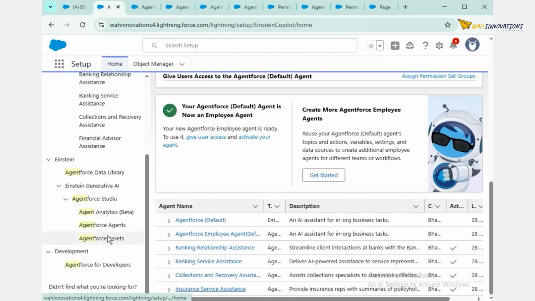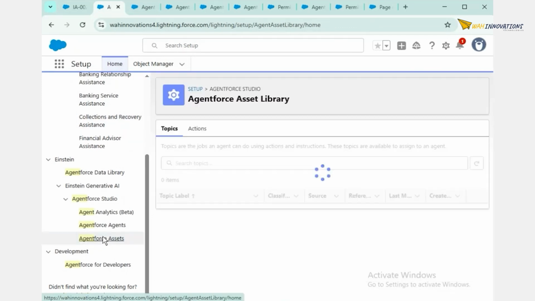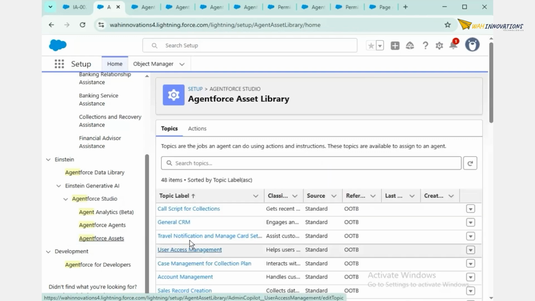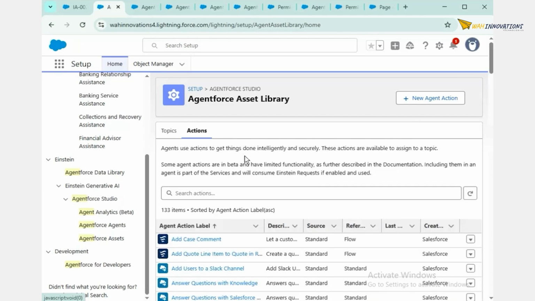In the setup quick find box, if you search for agent, here Agentforce Assets is the one where you can see all the standard topics and agents created. Let's give it a time to load.